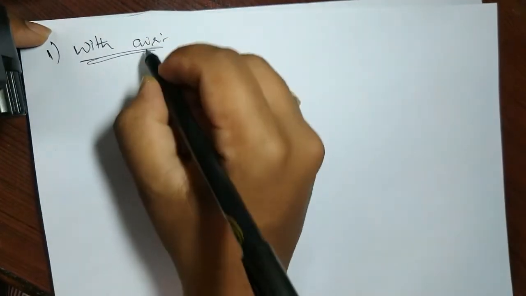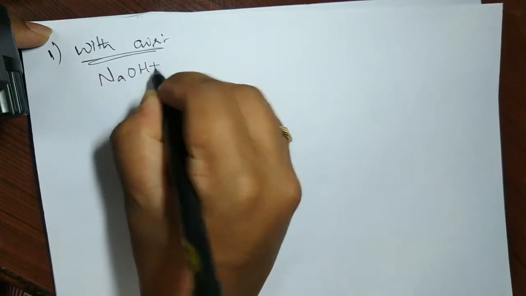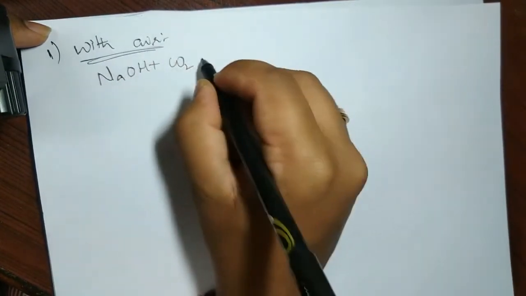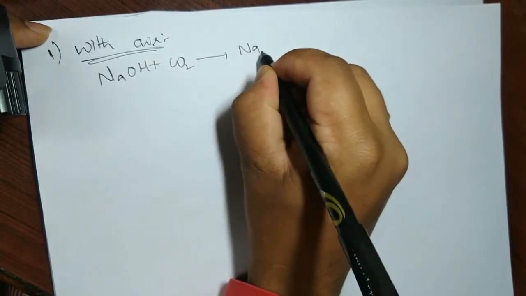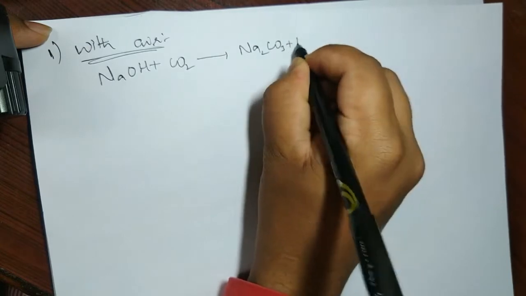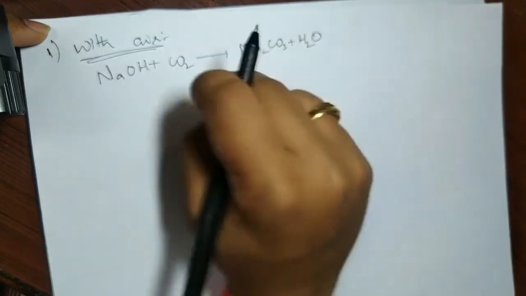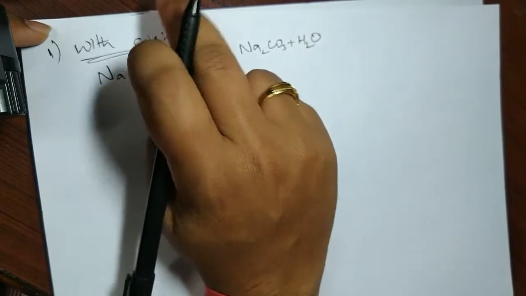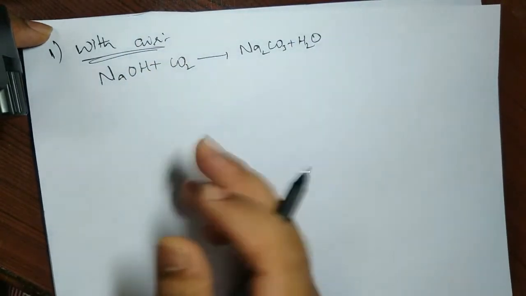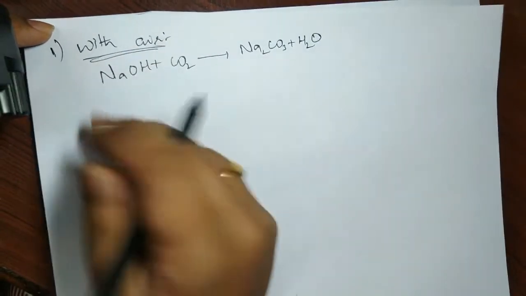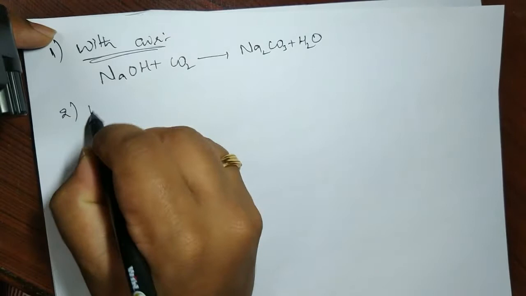So in fact what happens is that NaOH can react with the carbon dioxide present in air along with the moisture and forms sodium carbonate plus water. This is the reaction happening when it reacts with air. With nitrogen and oxygen, we don't find much reaction of NaOH. Then the second one, reaction with